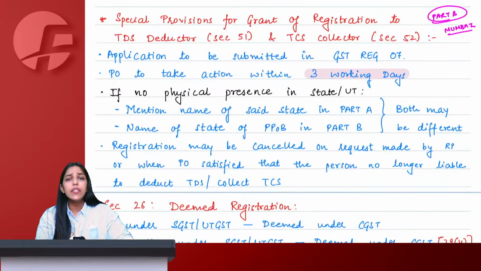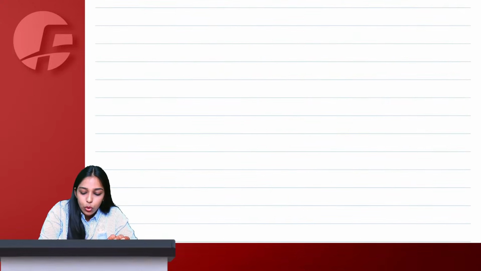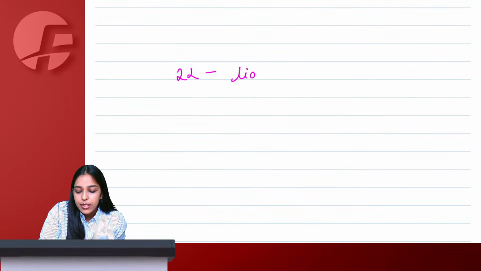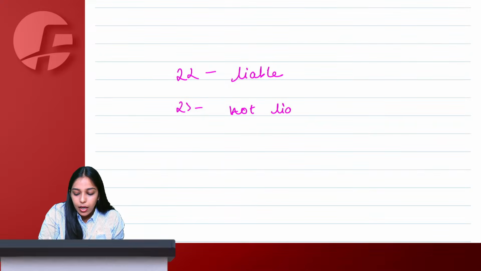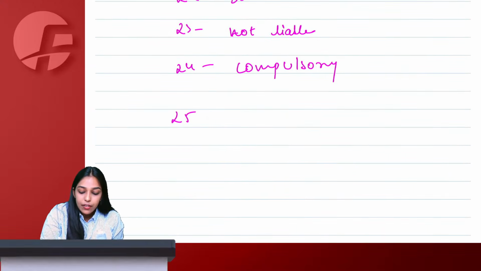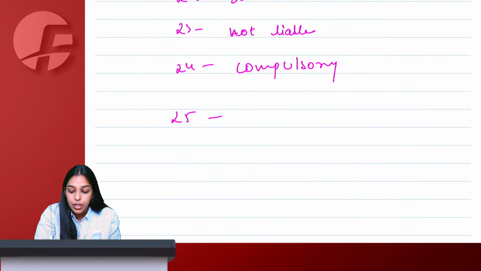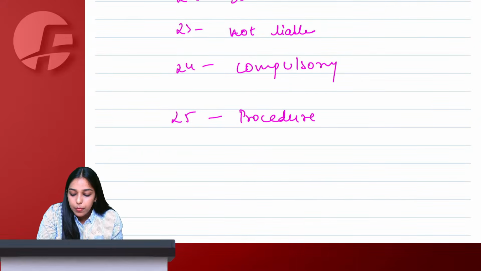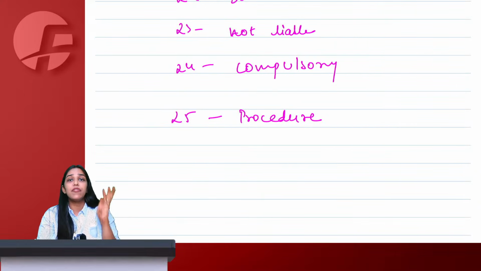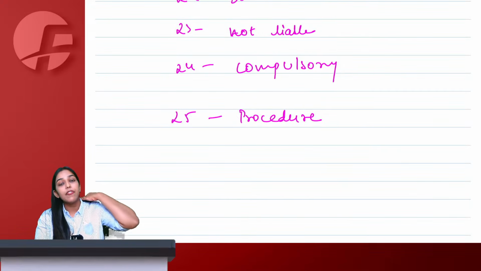Done. Here we complete sections 22 to 22. You are earning double; you are a person liable for registration. Section 23 said not liable. Section 24 said, hey, you shut up and take compulsory registration under GST. Section 25 said, okay, we will take registration, but please at least tell us the procedure, where we saw bank details, Aadhaar authentication, how to make application, physical verification, the time limits involved, effective date, everything we have completed.